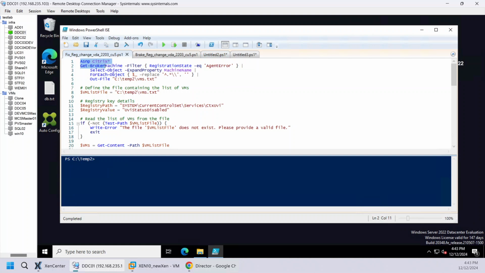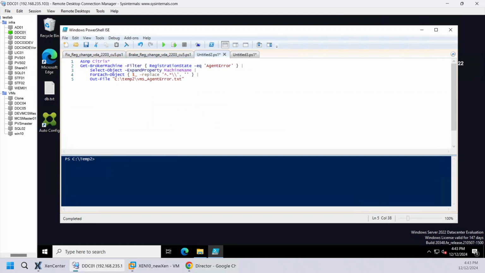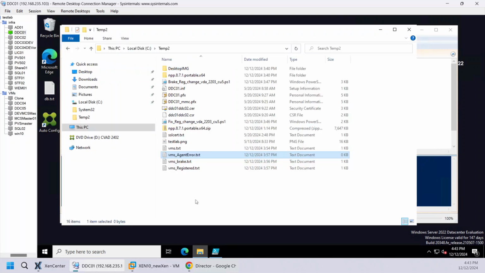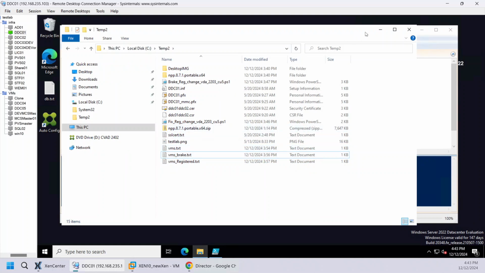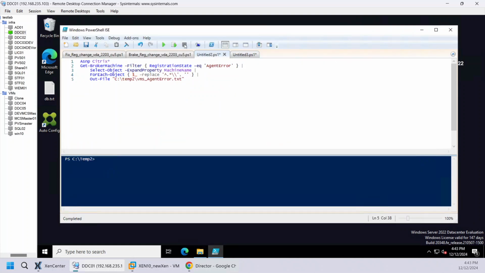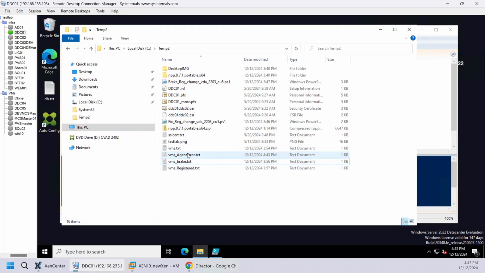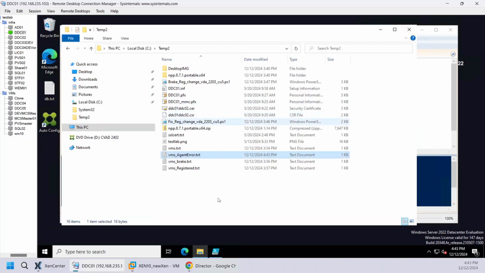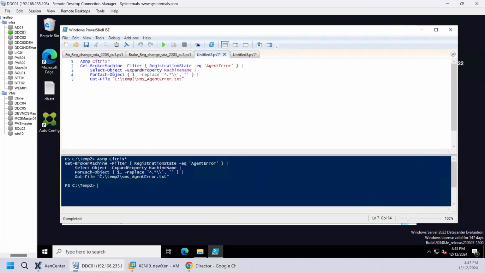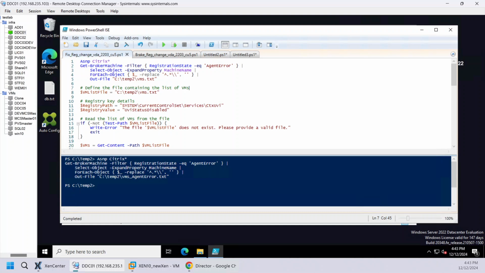So this part is very important, and we can test this, for example. So agent error, it will create this file. Let's delete it because I've already executed it once. Where is it? So in the output file we should see our Windows 10 VM. Okay, so this part is working fine. You need this to start your script, and then the rest you can create as a script that just replaces that